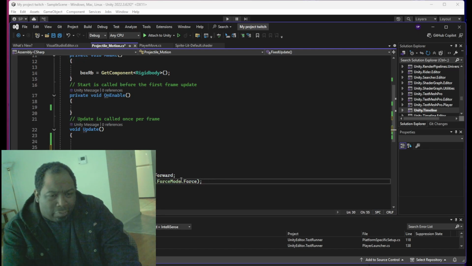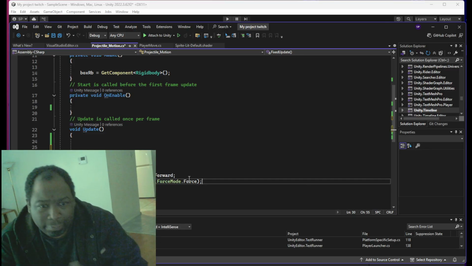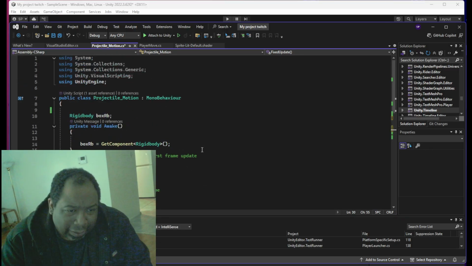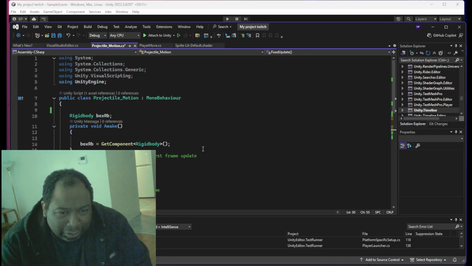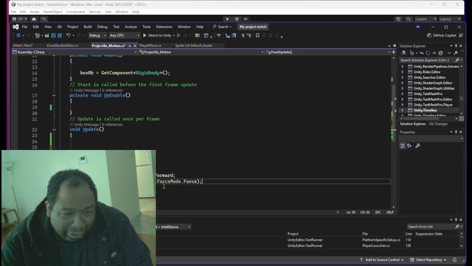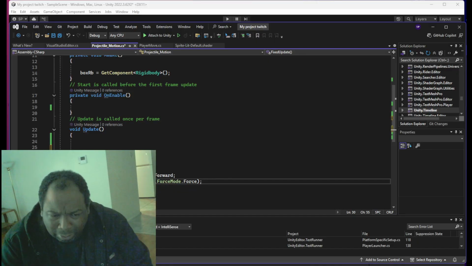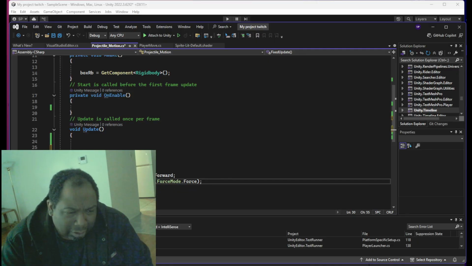But yeah, I forgot to put force mode force underneath there. Like I said, it's the little things. I really don't try to use fixed update too much. And you don't want to have all those boxes add up.